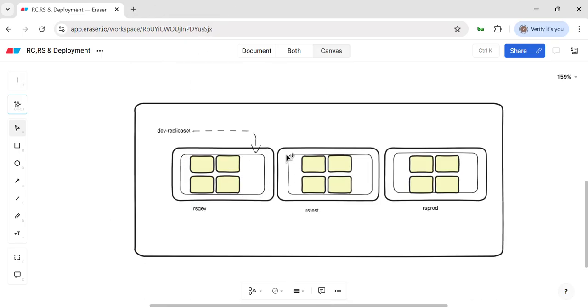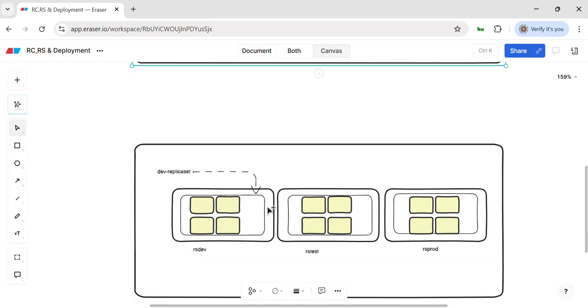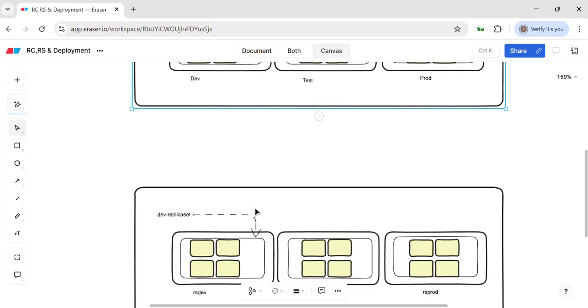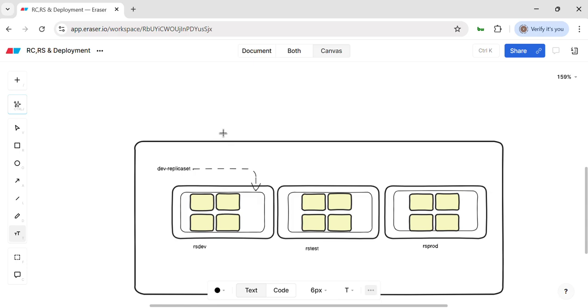So replication set, again, is similar to the replication controller. It also maintains the number of pods inside the replication set. Okay, that is the main thing. So both of them will take care of the pod availability only. But the main difference here is that it supports the